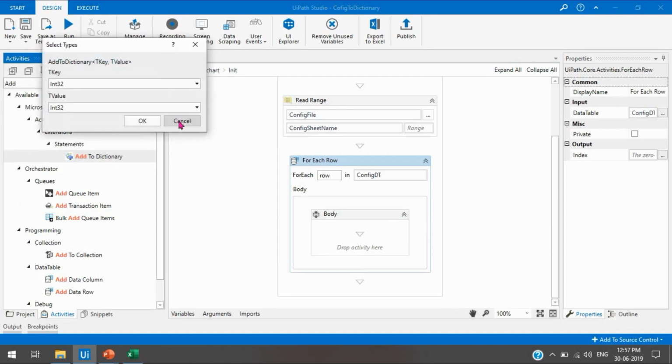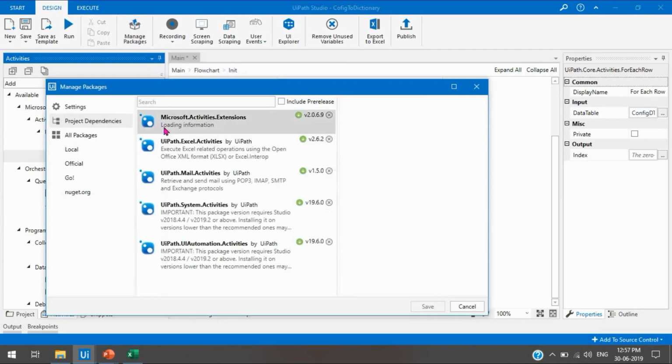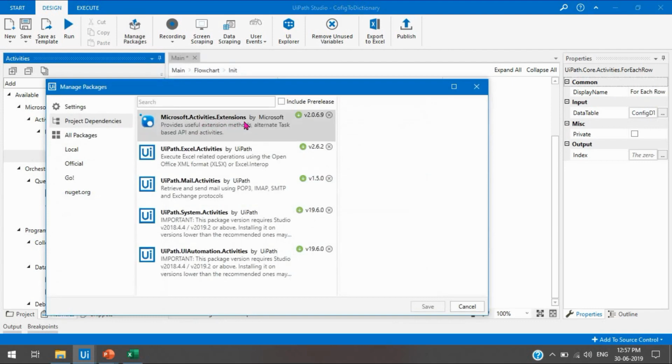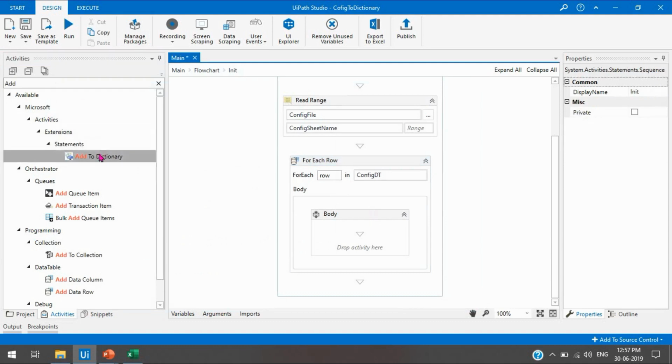One more thing I'm going to tell you about this Add To Dictionary: as I already told you in my previous video, you have to install the package Microsoft.Activities.Extensions. Here I have already installed it. This package must be installed in your project as a dependency, then you can use that. So we'll take one Add To Dictionary.